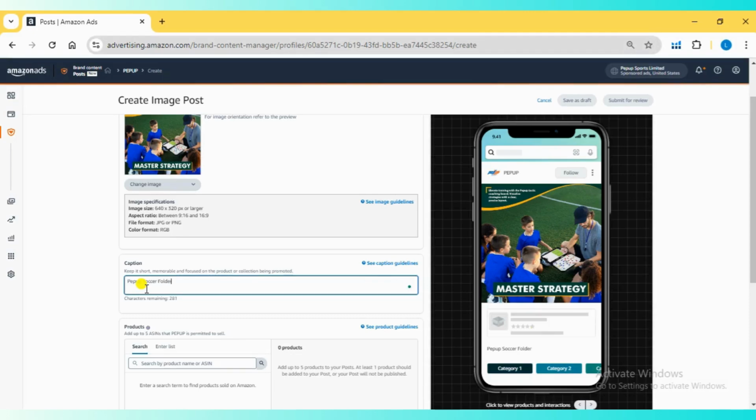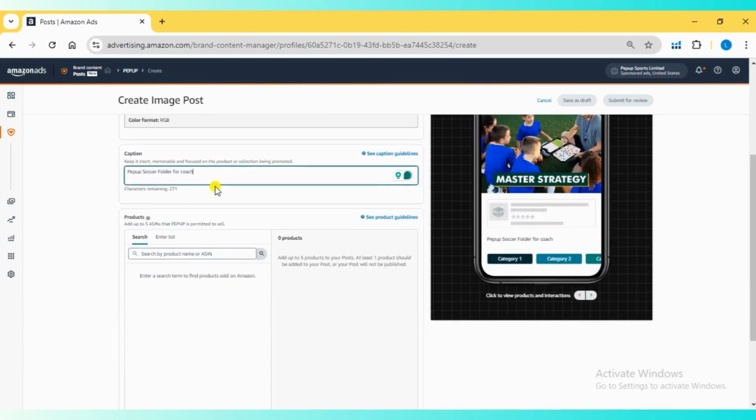Let me quickly write a short caption and add a product to this post. I'll add the product by searching its name, but you can also directly enter the product's ASIN and click the